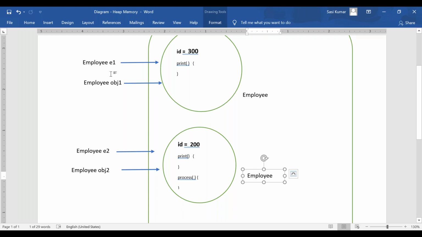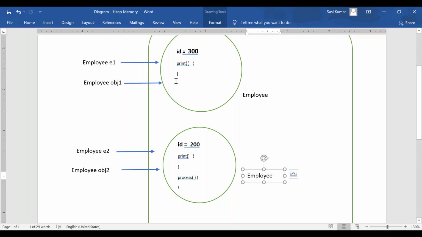So these are the two objects which are pointed to by four reference variables. The first two reference variables, E1 and obj1, both are pointing to the first object.